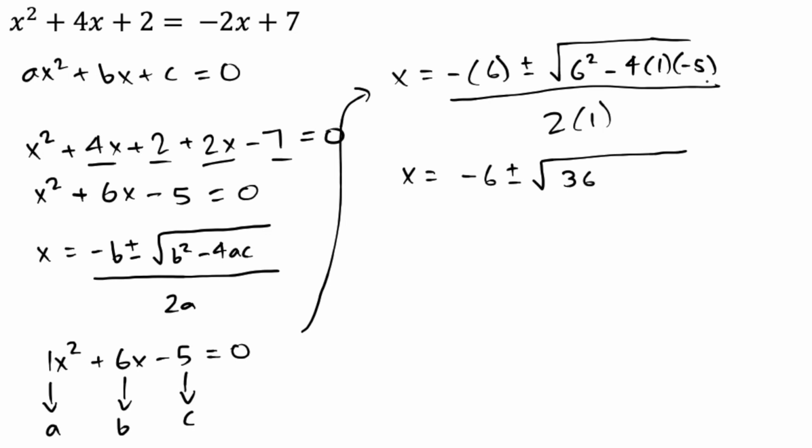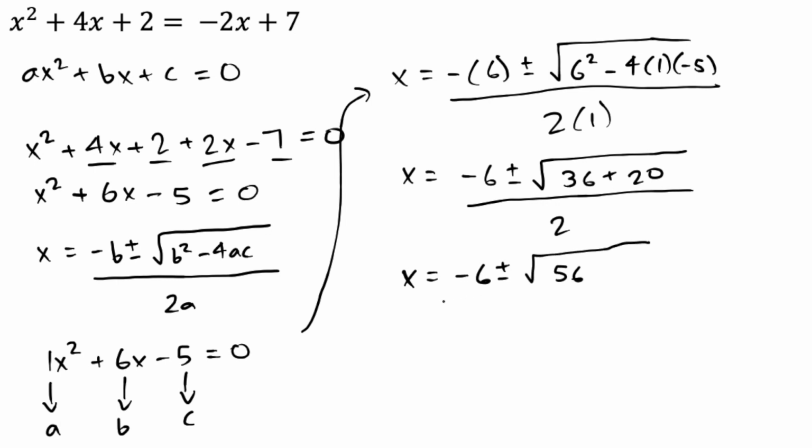1 into negative 5 is negative 5. 4 into negative 5 is negative 20. And negative of negative 20 is positive 20. So plus 20, all over 2. Again, we'll simplify further. X is equal to negative 6 plus or minus the root of